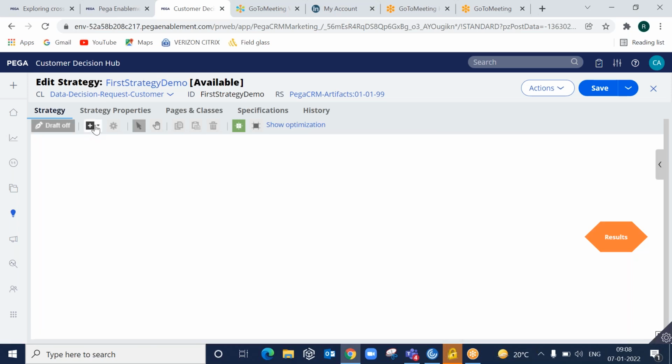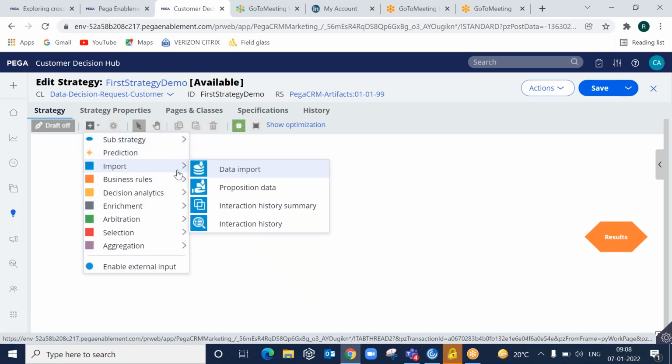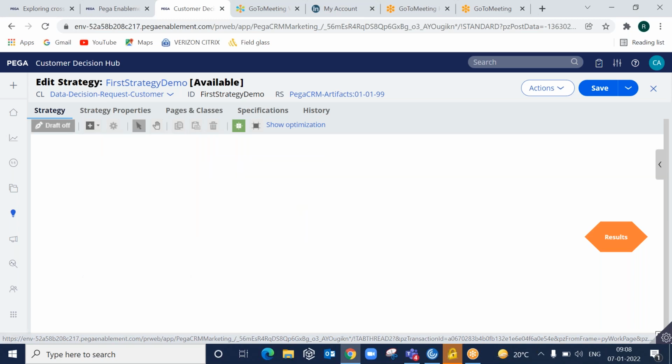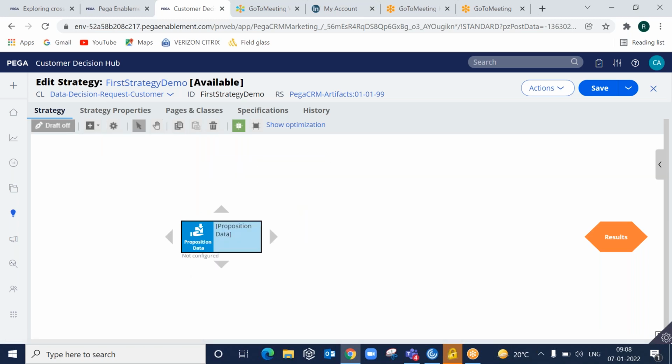What does that mean? Let us say I want to import my propositions. Then we have a component that is called import proposition data, and you just need to select it here.